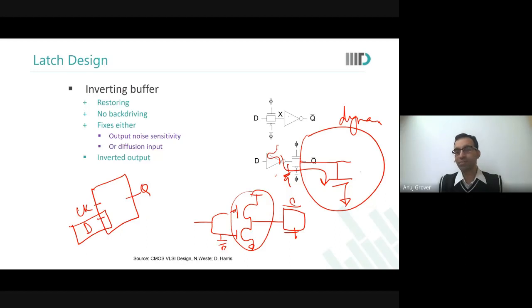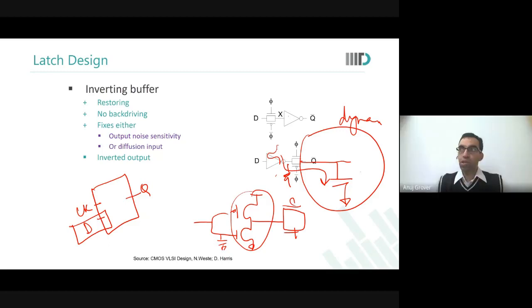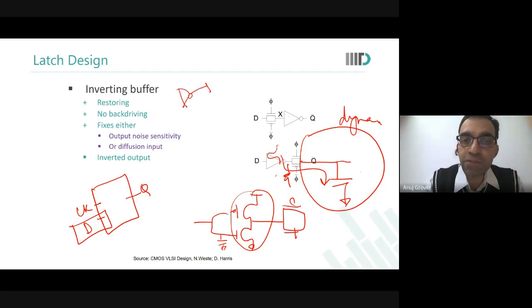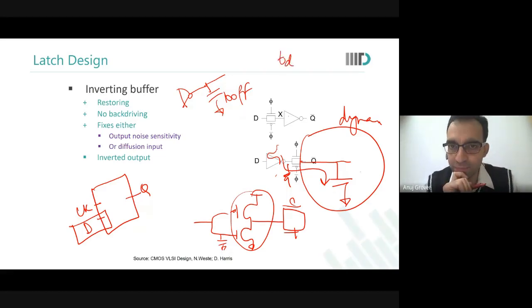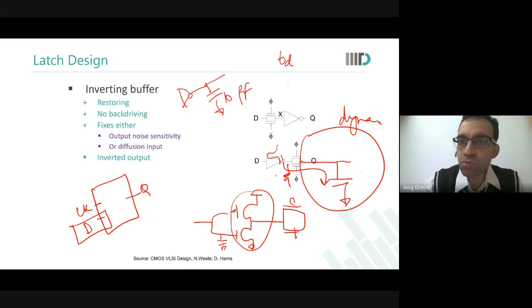So can I not design by considering the worst case for input capacitance also then? Okay, if you design with the worst case for the input capacitance, then what you will end up saying is that, okay, I have a capacitance of 100 femtofarads over here, so this is the kind of delay I will see. Whereas finally this capacitance goes to only 10, so this delay goes to say 1/5 of TD.